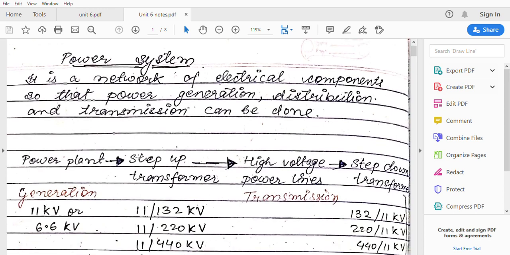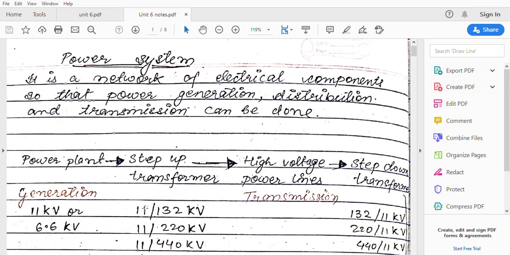What happens is, in the power plant, suppose a thermal power plant, say NTPC Anta, there will be generation of power, and the voltage generated is of the form, suppose, 3.3 kV or 6.6 kV or 11 kV. Then it is stepped up by a transformer, because we need to do the transmission at a very high voltage. If we do transmission at these low voltages, there will be a lot of losses. So we step up the voltage and then transmit.